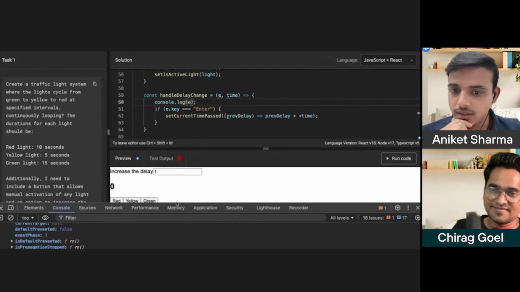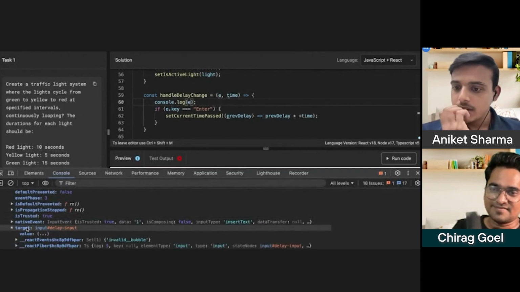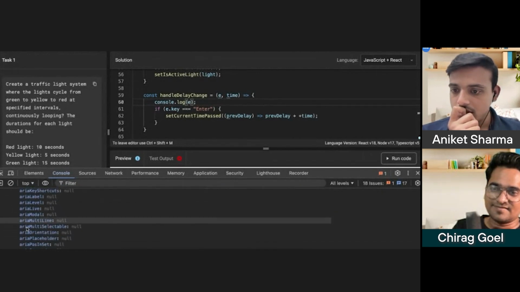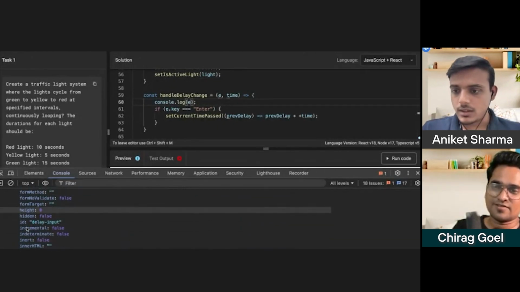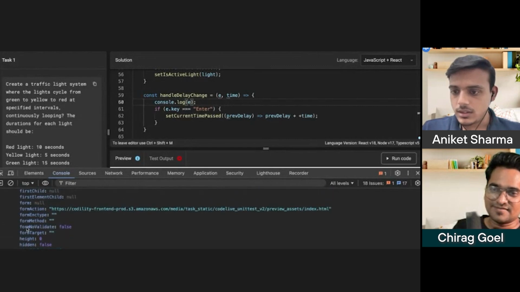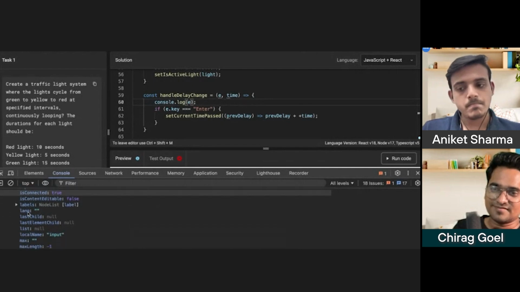Event phase, no, event phase is different. Target dot key. Scroll down. K is not here.